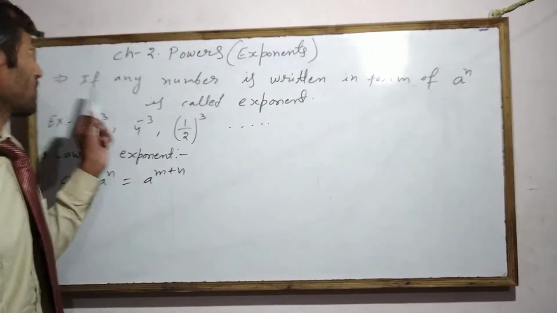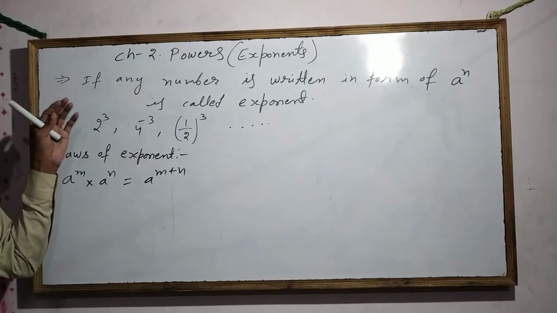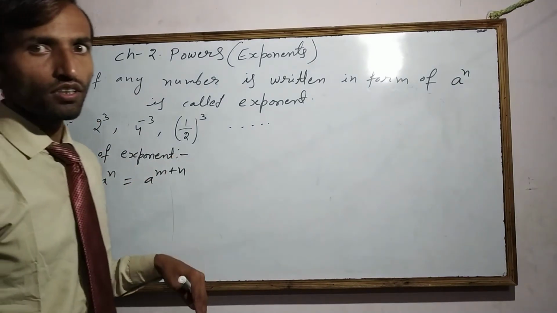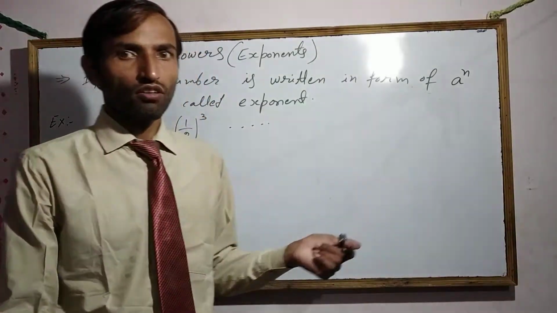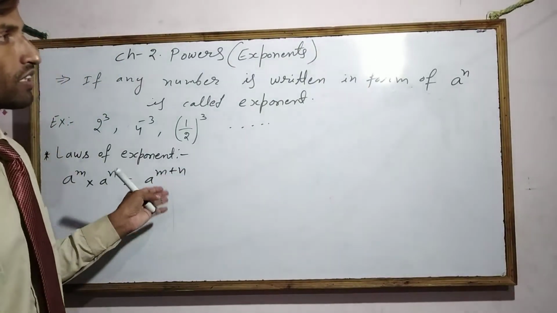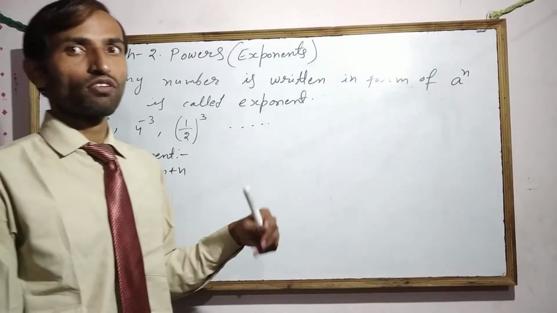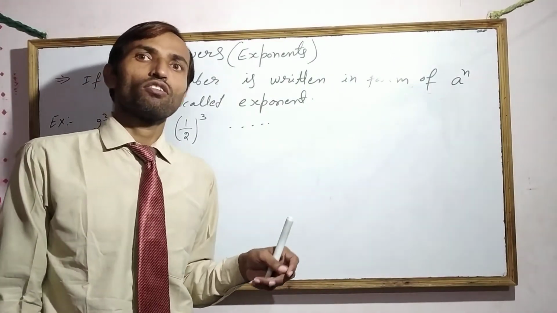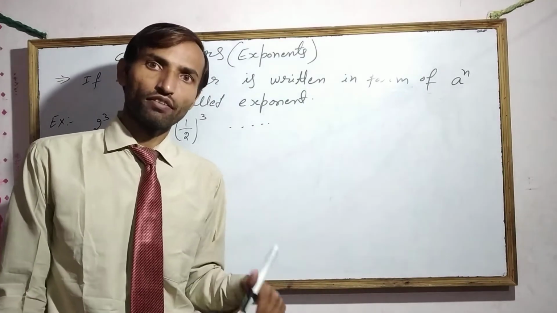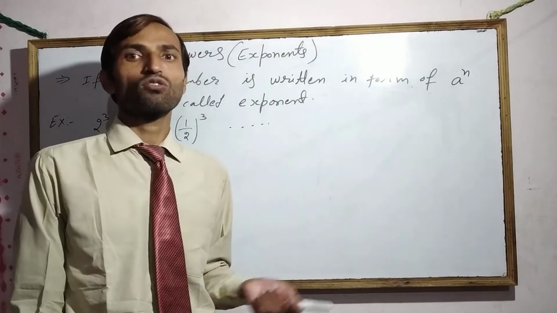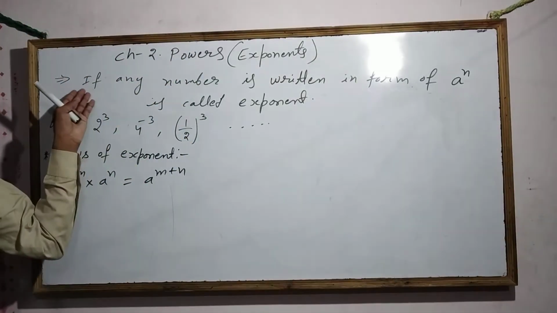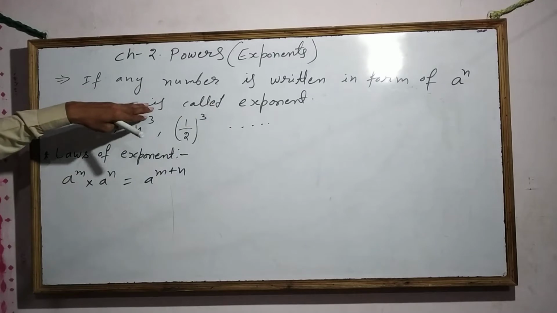First of all, we have to revise what exponents are and the laws of exponents, and then for each law we will see an example of how we solve some questions. Then we have to revise scientific form and standard form of any number. We have to convert any number into scientific form, or any scientific number into a standard number. First, we revise the definition of power and exponent.